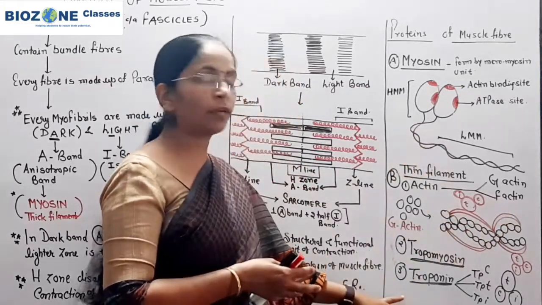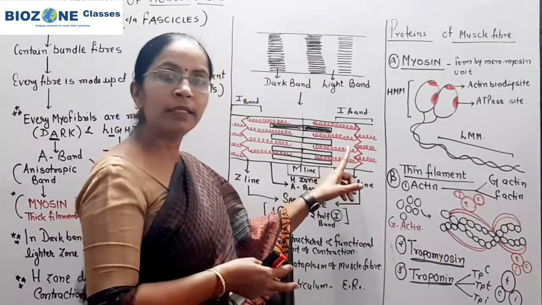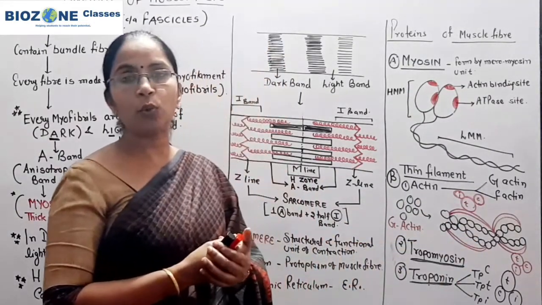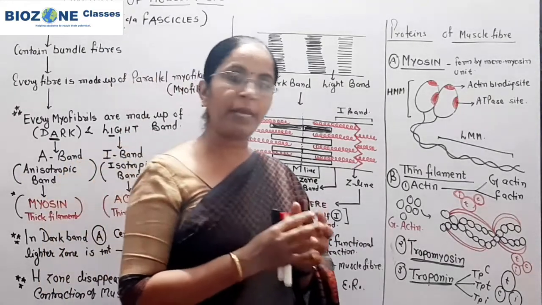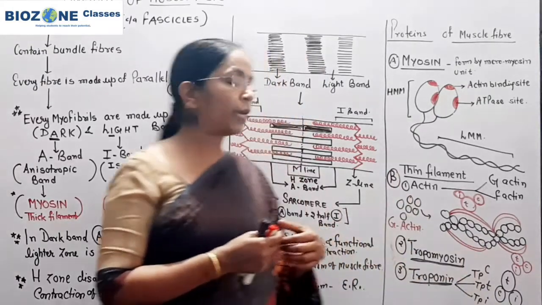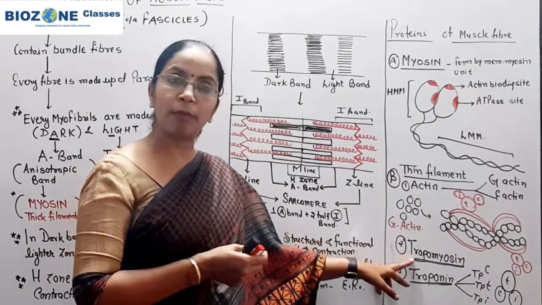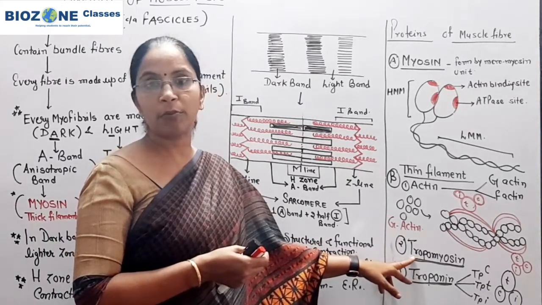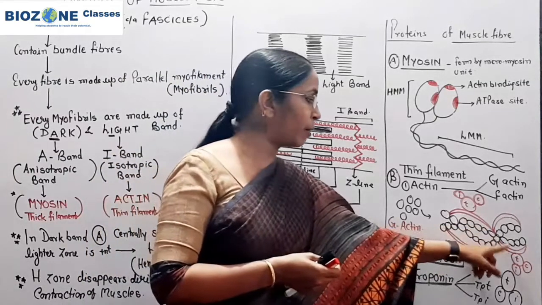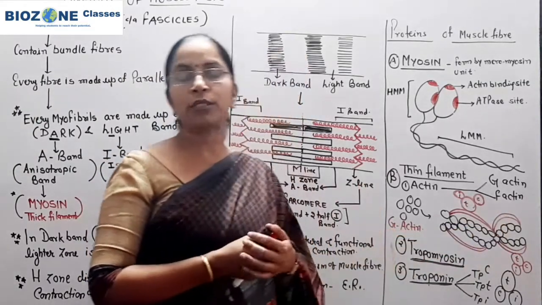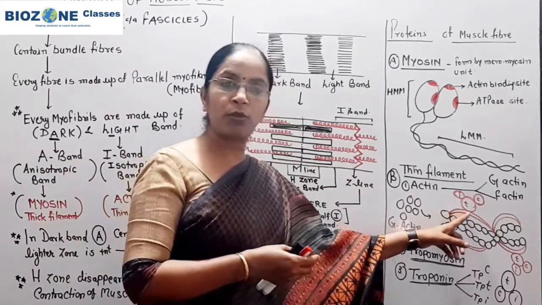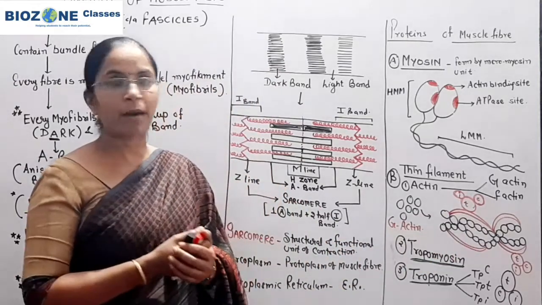Normally during contraction, whenever we draw these thin filaments, that means we draw the F-actin. Now this F-actin is made up of two parallelly coiled filaments. After that, the second is tropomyosin, smaller subunits. These tropomyosin proteins bind over the F-actin, and then with this tropomyosin another trimer binds, that is